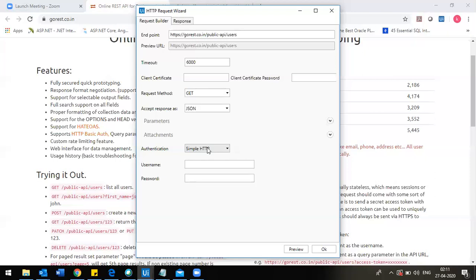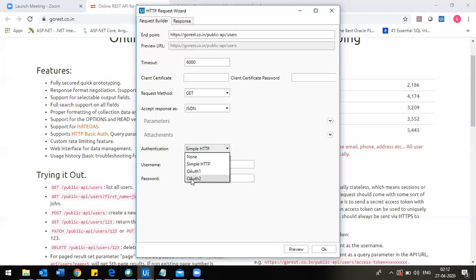API requests should always be sent via HTTPS to prevent man-in-the-middle attacks. So in order to prevent man-in-the-middle attacks, we have to give the authentication. As I talked about previously, there are two kinds of authentication. One is HTTP basic authentication, where the access token is sent as a username and password. The other is OAuth 2, where the access token is obtained by the consumer from an authorization server. This is a protocol.